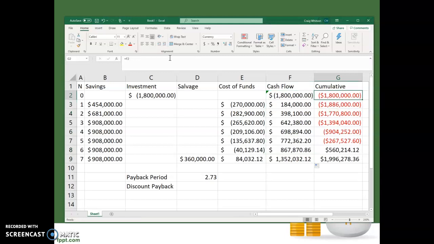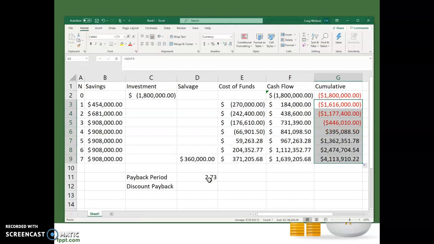And then I also need to adjust my cumulative amount here. So now, because I've changed it so that my cash flow includes cost of funds, I don't need to add both of these, because if I did, I would be adding the cost of funds twice. So now that my cash flow includes the cost of funds, I just need to take the previous year's balance plus the cash flow amount. So I'm going to delete that,